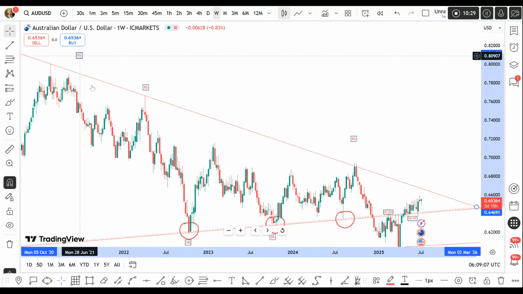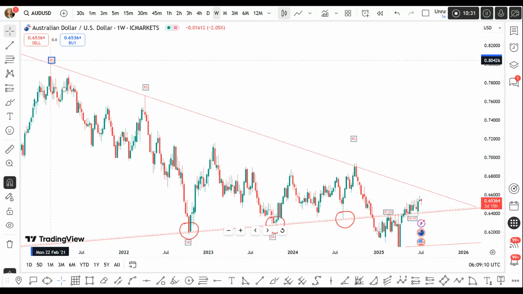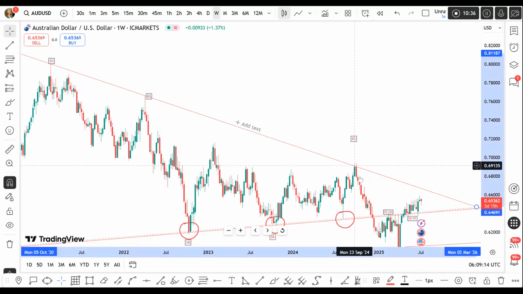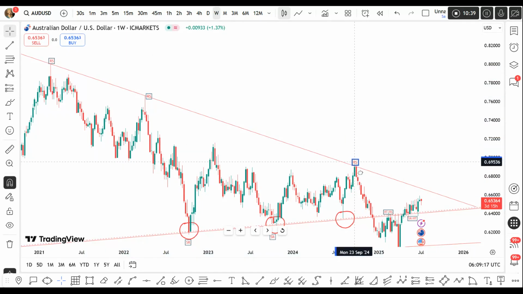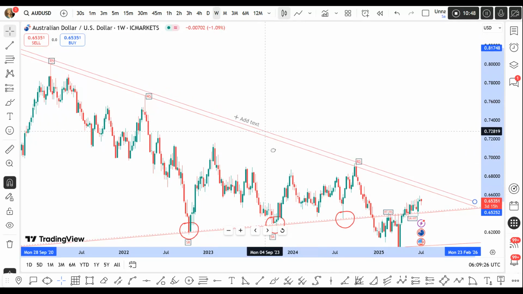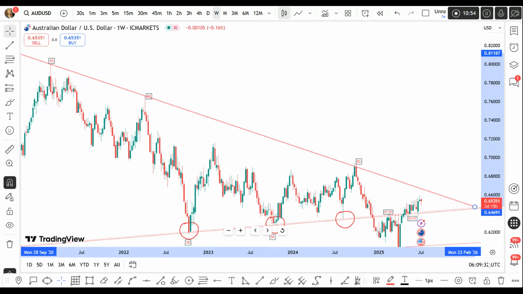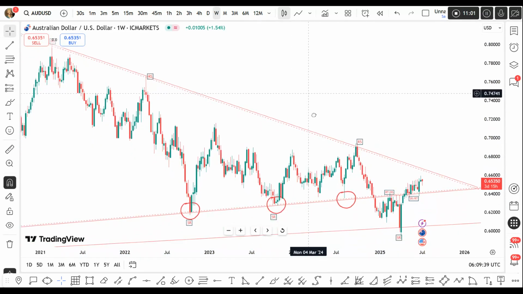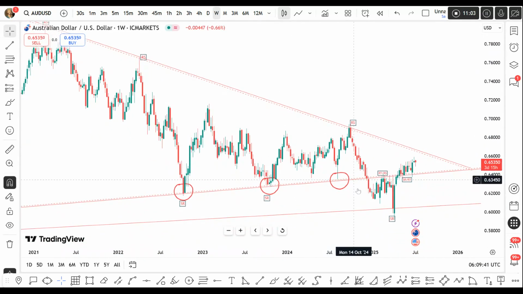Now, ROS1 in 2021, ROS in 2022 gave you a free trade in 2024. Two descending trend line touches. So now we're expecting that